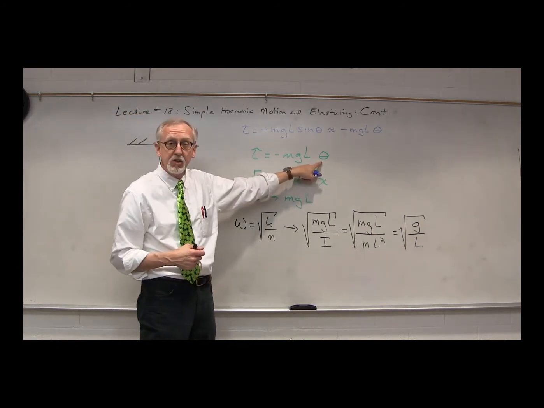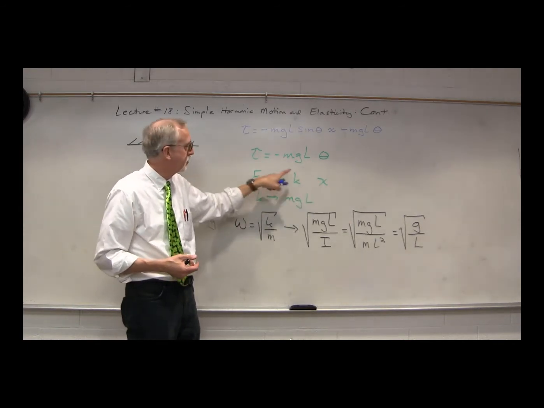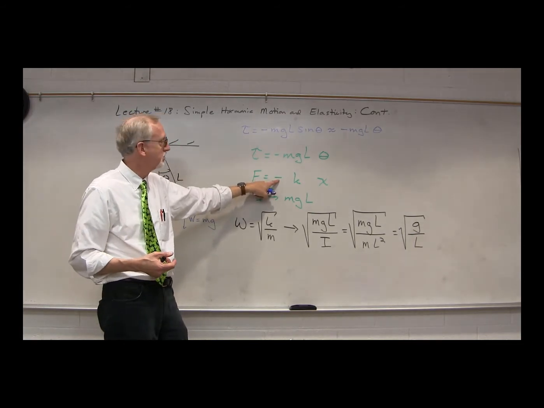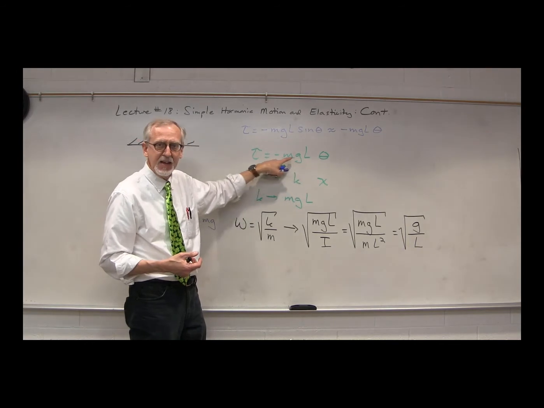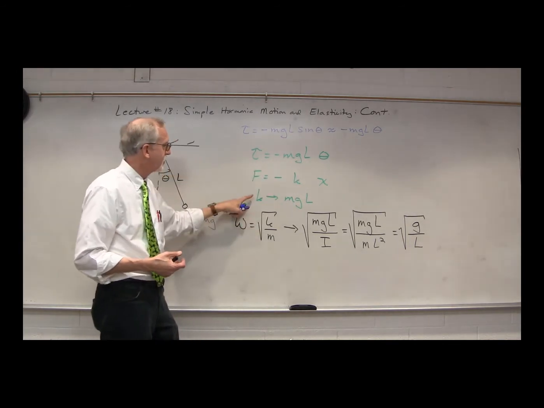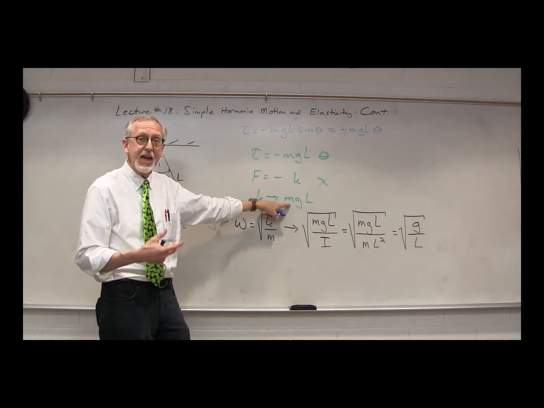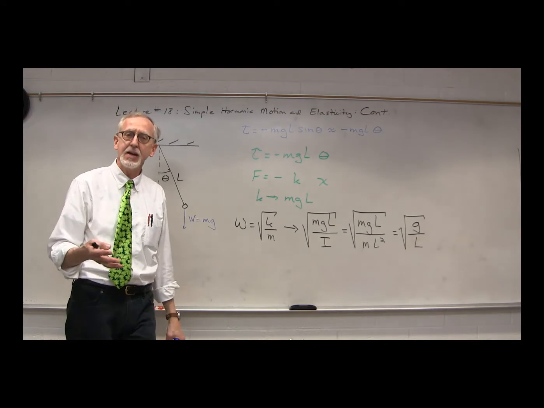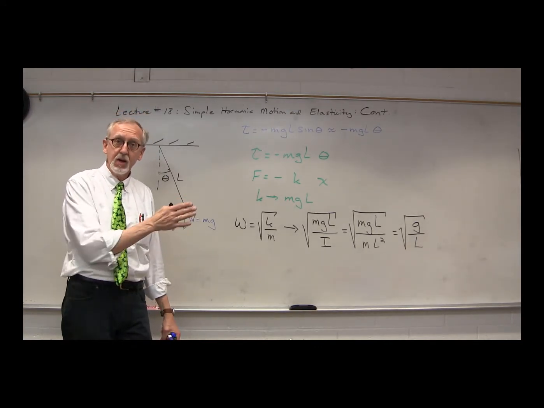The angular displacement theta is acting like the linear displacement x. We've got the minus sign to give us a restoring torque or a restoring force. And then the spring constant looks like it's taking the form of mgL. So the spring constant for the spring is acting like mgL for the pendulum. mgL is like the spring constant that tells us how much the torque